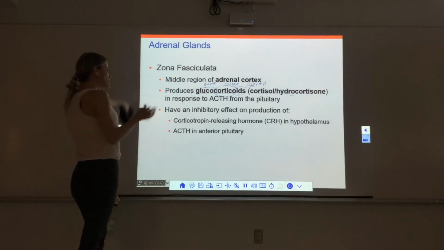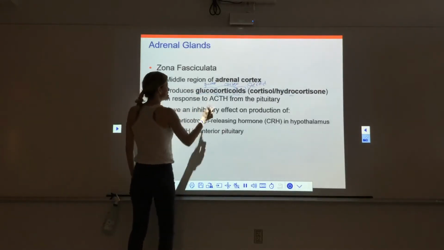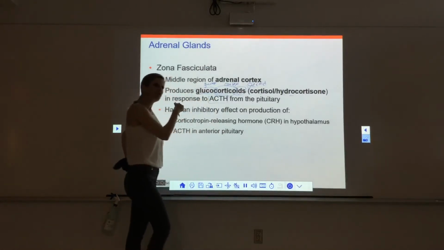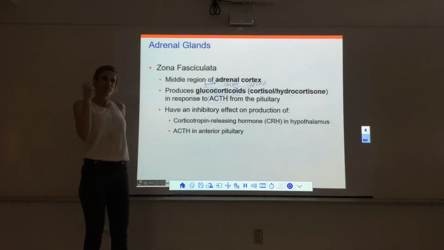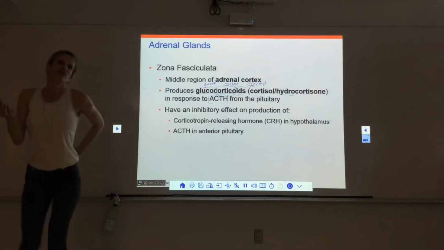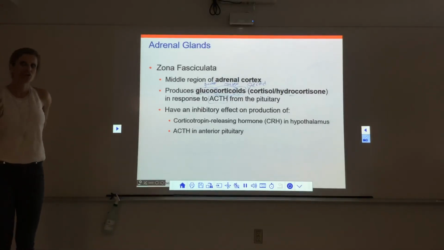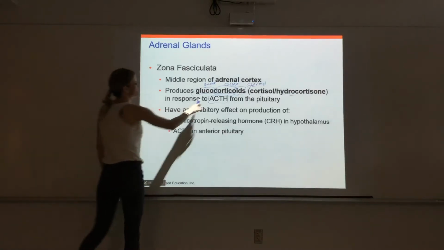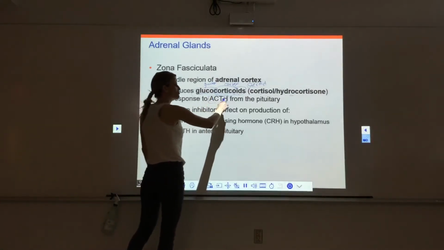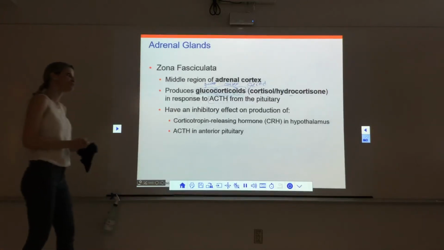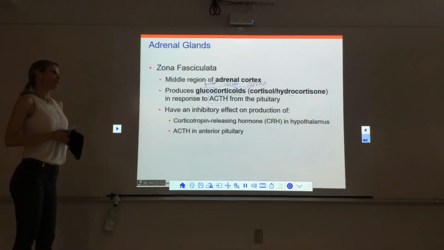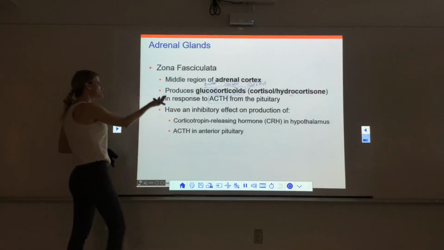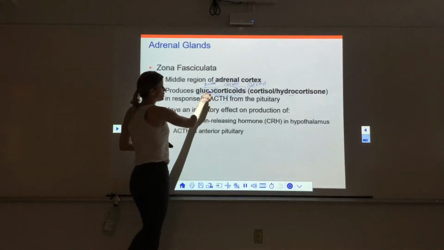So the zona fasciculata makes the glucocorticoids in response to ACTH. Where does ACTH come from? Anterior pituitary, right? ACTH, adrenocorticotropic hormone, comes from the anterior pituitary gland. Okay, so ACTH comes from the anterior pituitary, comes down to the adrenal cortex, and it tells it to make